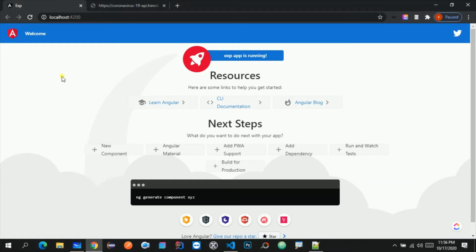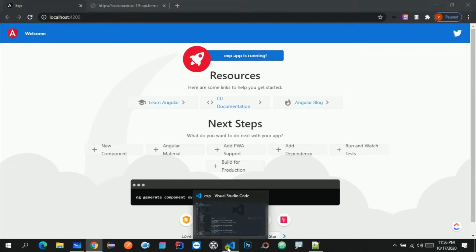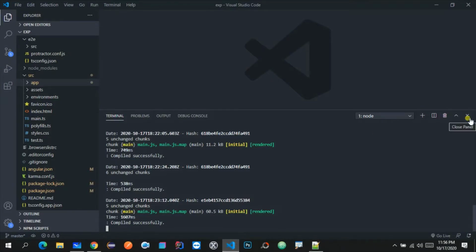If you have an idea of how to configure the application to use Bootstrap, then you can continue with this video. Otherwise I suggest watching my other video. The link is in the description box, where you will learn how to configure Bootstrap with Angular. After watching that video and configuring your project with Bootstrap, you can continue with this video. This is how the application will look the first time. Now let me go to Visual Studio again, and without wasting time, let's start coding.